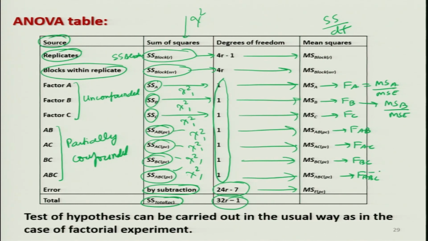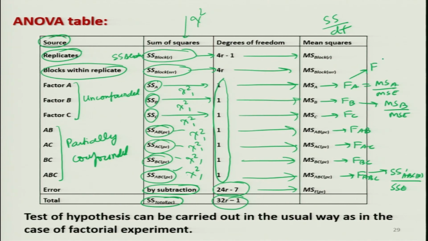Simply here MSABC will be SSABC divided by SSE, right. And then they will have the degrees of freedom, which is say here the degrees of freedom of their sum of squares and SSE. For example, FA will follow